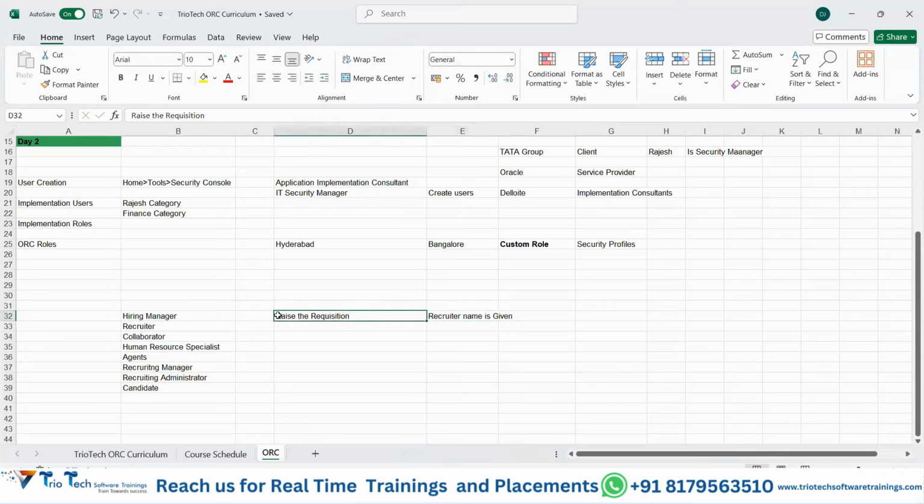And recruiter receives the particular requisition. Once the requisition is received by the recruiter, what will the recruiter do? He will complete the requisition, such as JD, location, position. At some point, hiring manager will have only minimal information because recruiter is a person who will be involved in